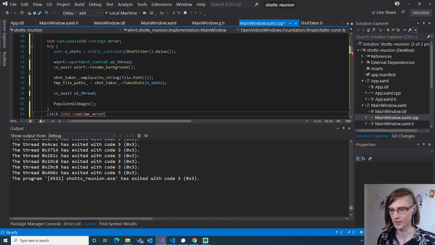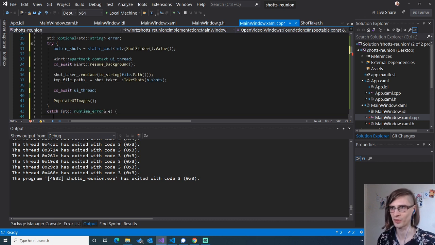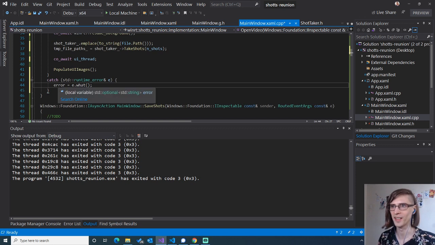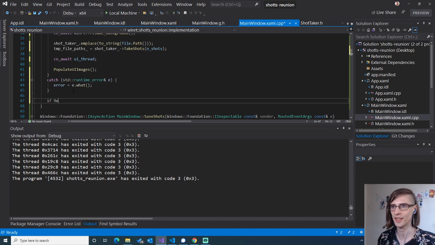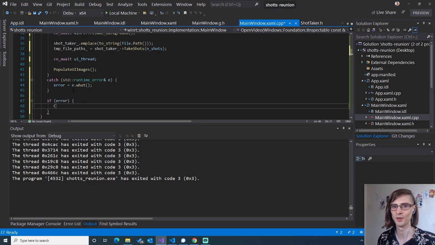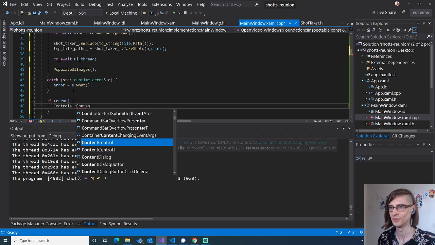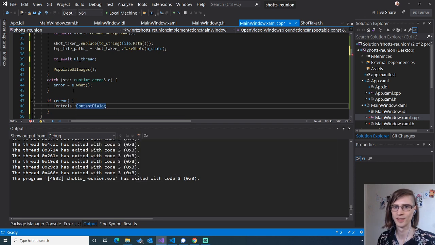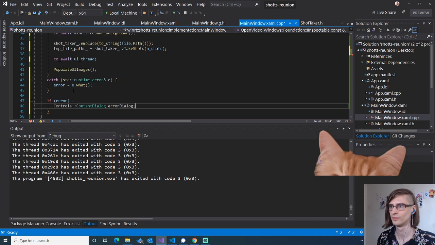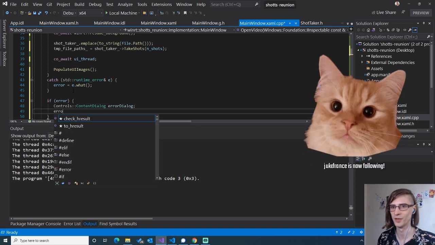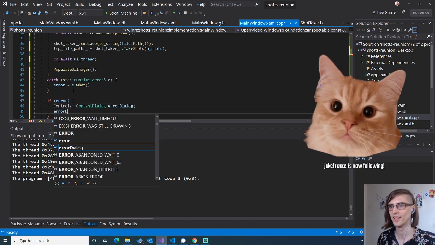If we get a runtime error here, then we can capture it, say that the error is e.what, because we're going to be doing more co_awaiting and you can't co_await inside a catch block. Then later, if we get an error, you want to display it back to the user. So you can do something like controls, create a content dialog, and then you can do anything here like set title,